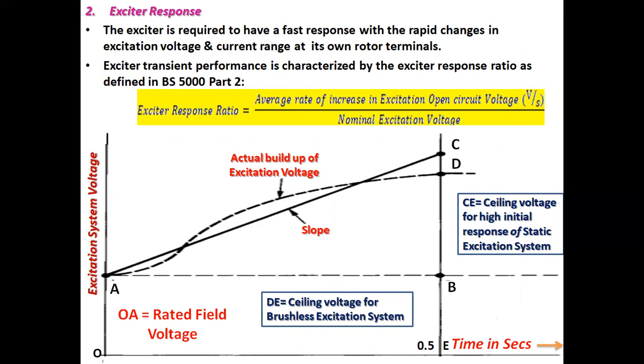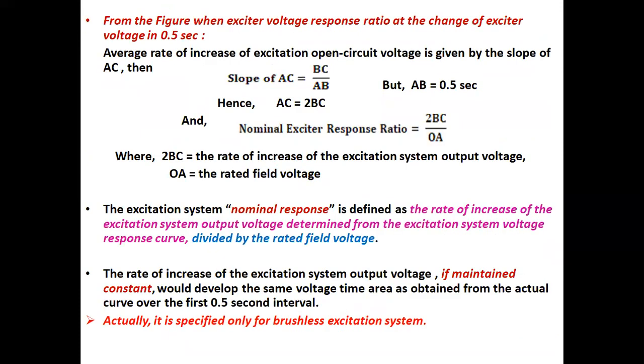Now, you see the diagram, that is, excitation system voltage and time in seconds. Here, D is the ceiling voltage for a brushless excitation system and C is the ceiling voltage for high initial response of a static excitation system. From the figure, consider the exciter voltage response ratio at the change of exciter voltage in 0.5 seconds,